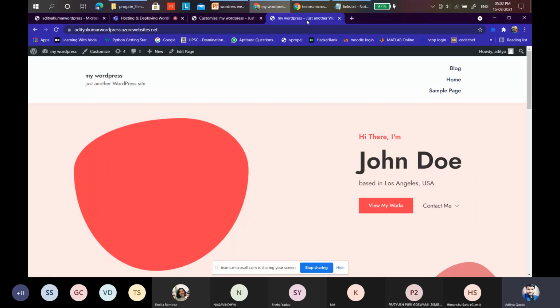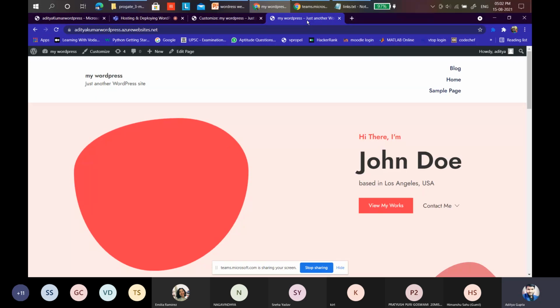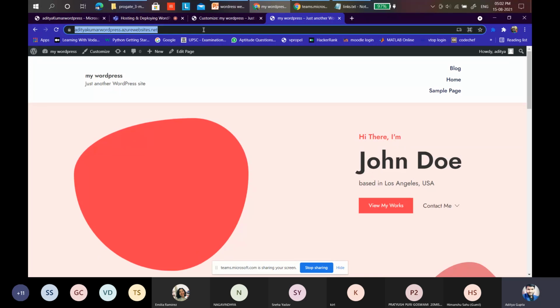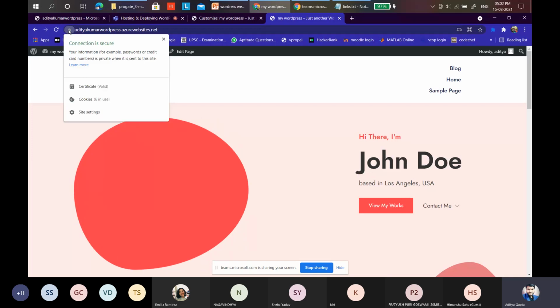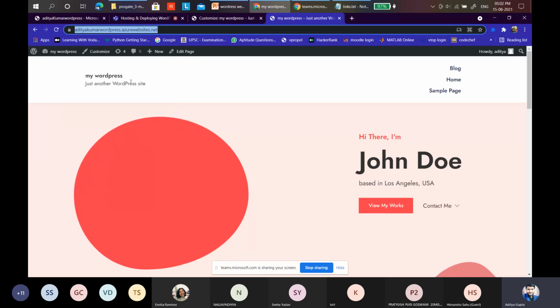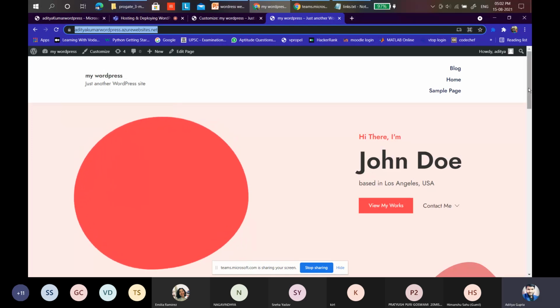Yeah, this is the website you're looking for. So we just installed a template, and it just looks like this. You can see it's hosted, first of all. Second of all, you can see the connection is secure. This is another advantage of using Azure, because if you use a free service provider, it will say the connection is not secure at all. There is a broken lock symbol there. You will see that if you use something other than Azure. But we are very good with Azure, so why go to some free sources as of now.